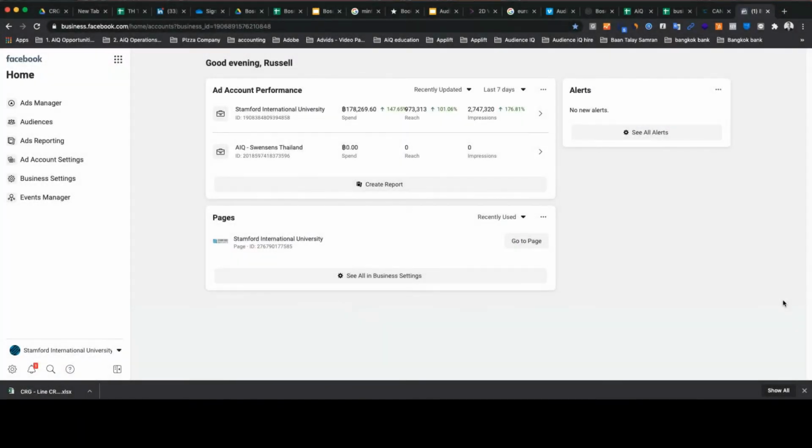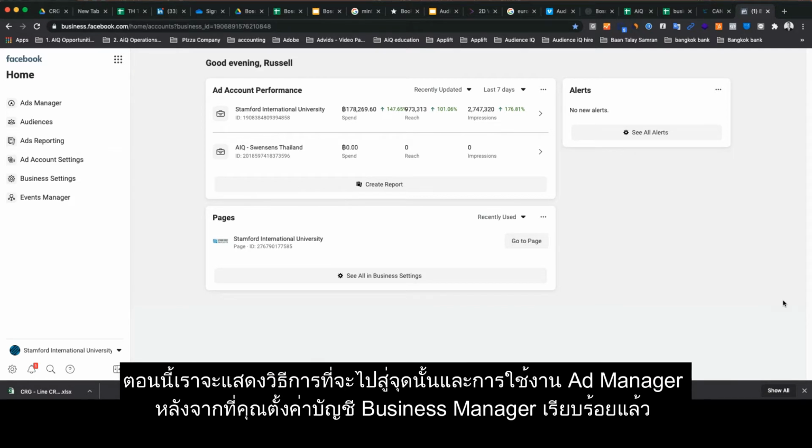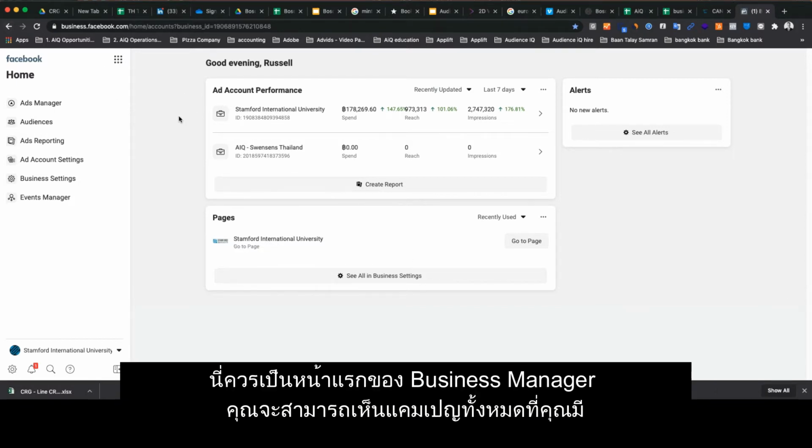All right, now that we've reviewed the Facebook campaign structure, from campaign to ad set to ad, we now want to show you how to get there, how to get to Ads Manager. So after you set up your Business Manager account, this should be the home page. In the Business Manager account, you'll be able to see in the center all of the different